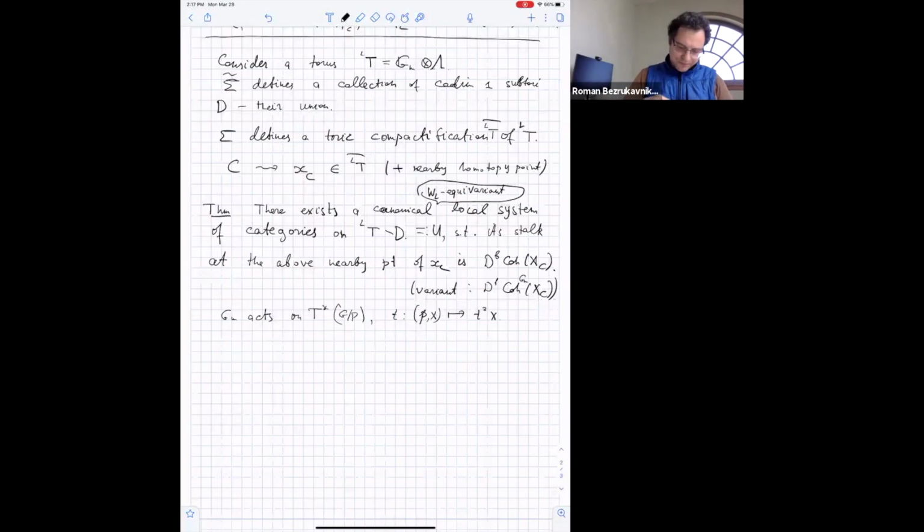And so the monodromy, the resulting action on K naught of GM of XC is isomorphic